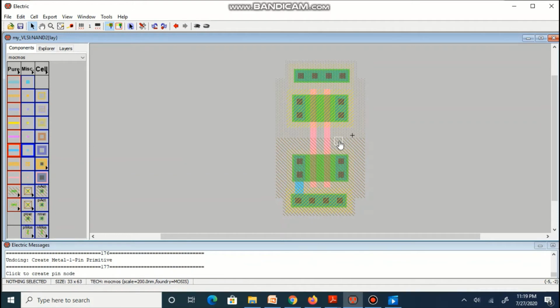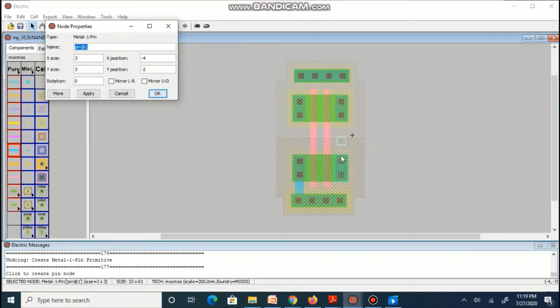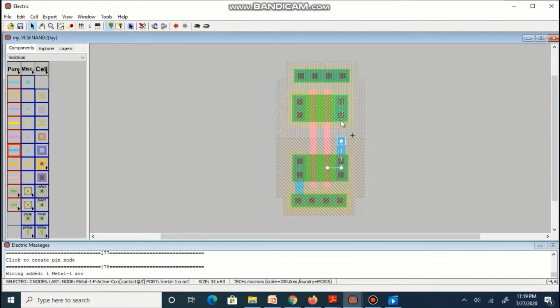Drain of NMOS is connected with source of PMOS. Both the sources are connected. And the drain is connected with VDD.